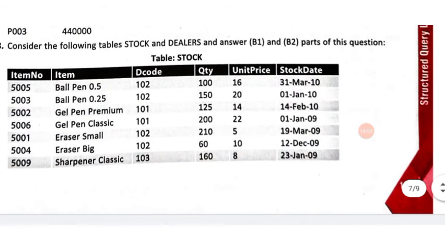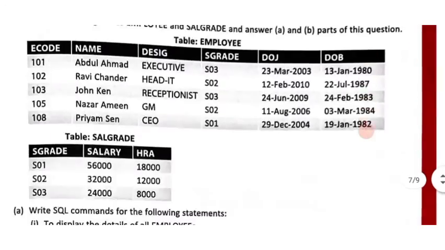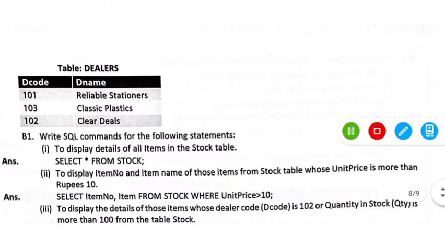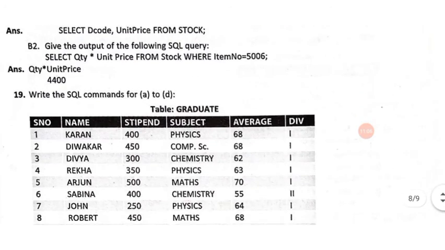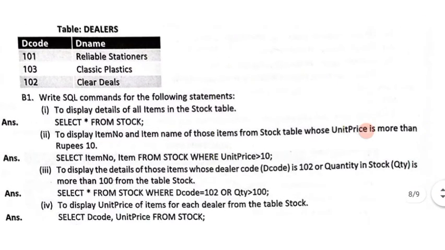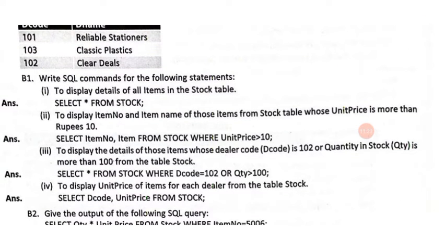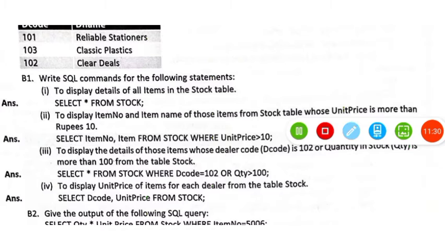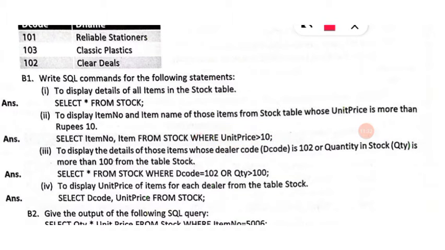You can see what the columns for item number and item name are. The column for item number is item NO and for item name is item. So you can write this statement as: select item number, item name from stock where unit price greater than 10. Unit price is the column name, and it is given that unit price is more than 10 rupees.